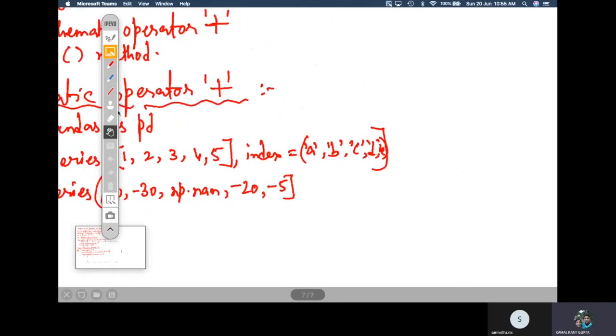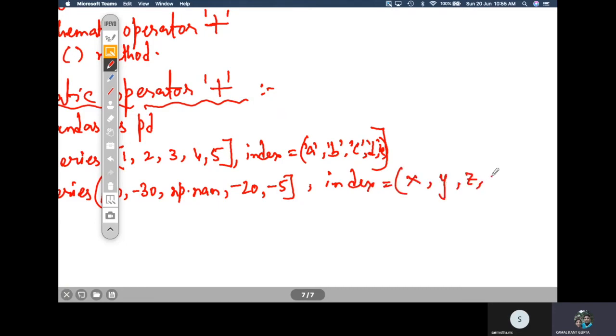You can give indexes like X, Y, Z, U, V. So you can give indexes like this. Okay.